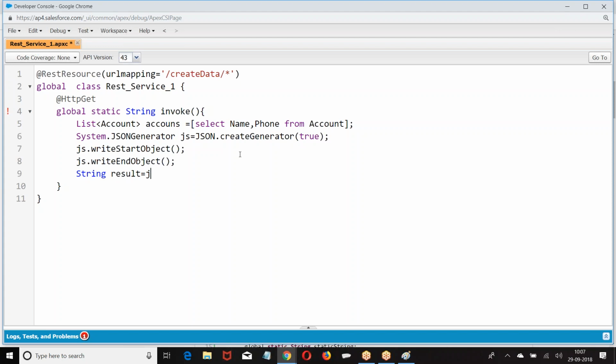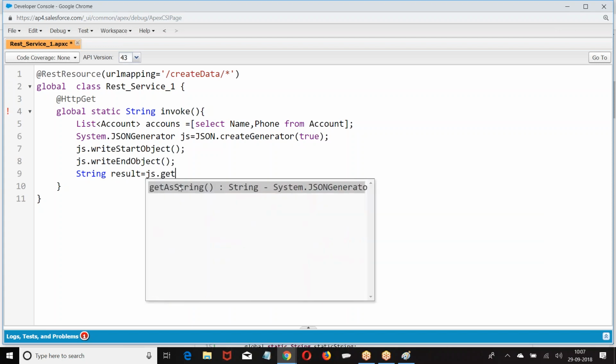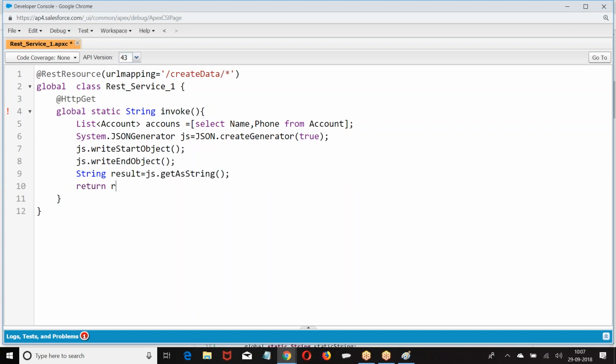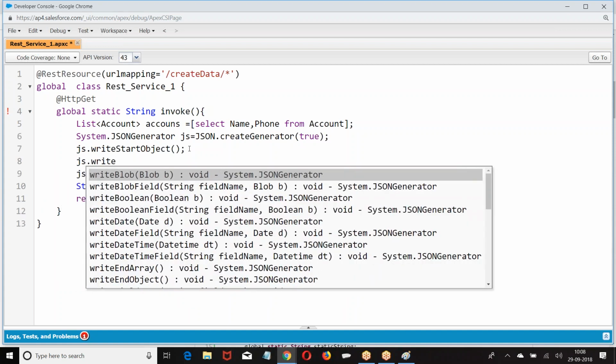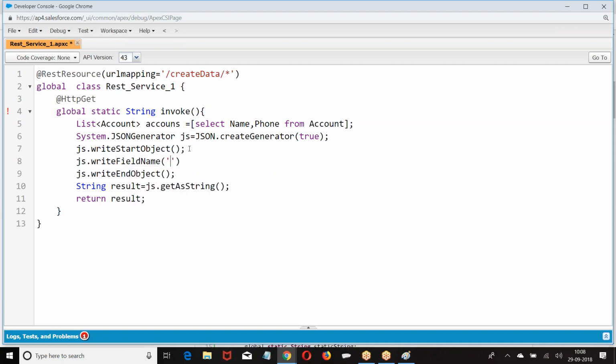Result equal to, now I'm giving status, success.